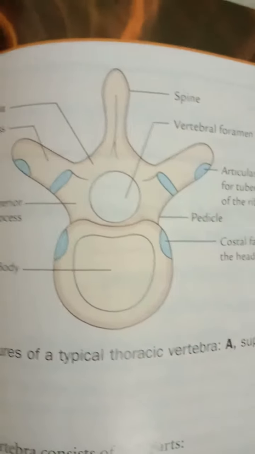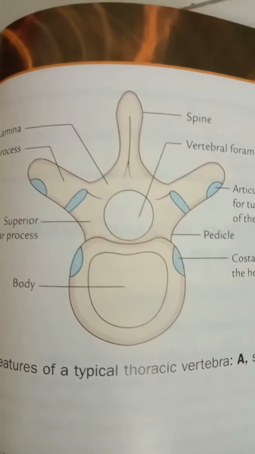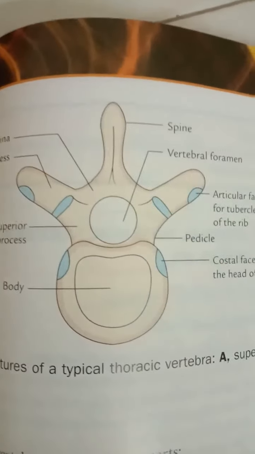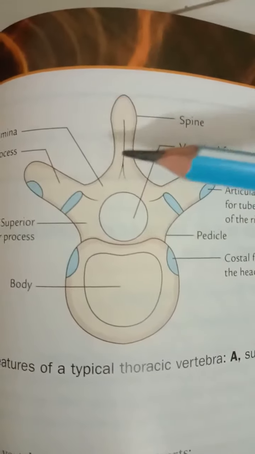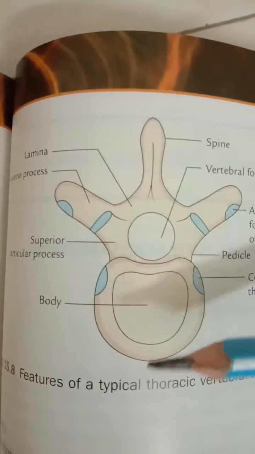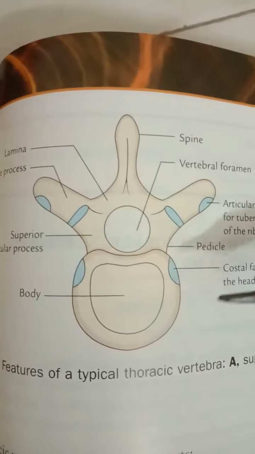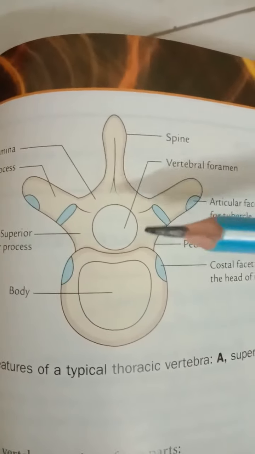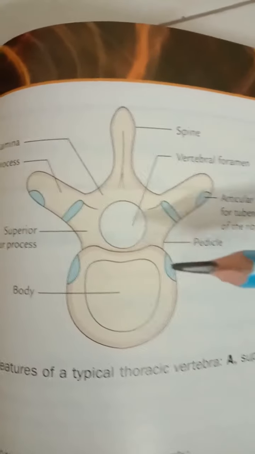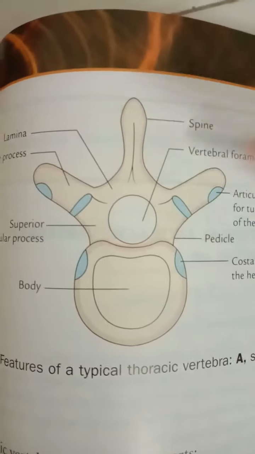Then the 5 secondary centers: one for the upper surface and one for the lower surface of the body, one for each transverse process, this one 2 means, and one for the spine. So 1 for spine, 2 for the transverse processes, means total 3, and the upper and the lower surface of the body, these are 2, means total 5 secondary centers. Then these appear at the age of the 15th year and fuse with the rest of the vertebra about the 25th year. So that is the ossification of the typical thoracic vertebra.